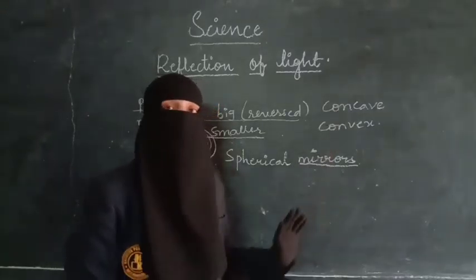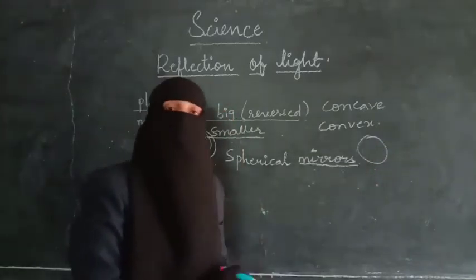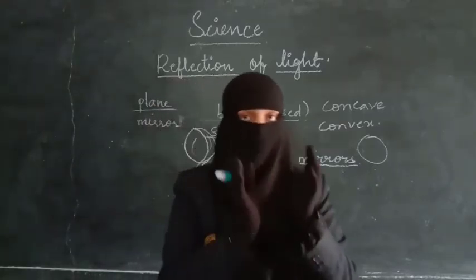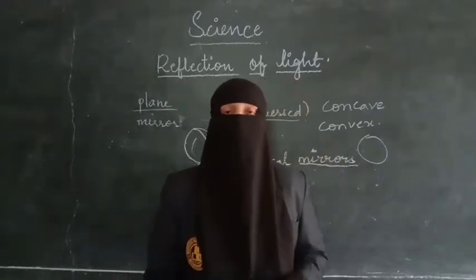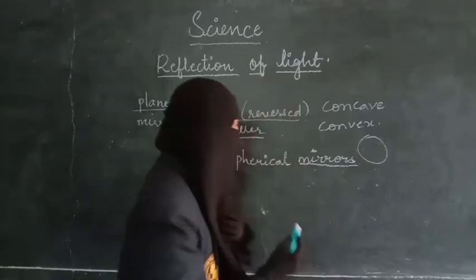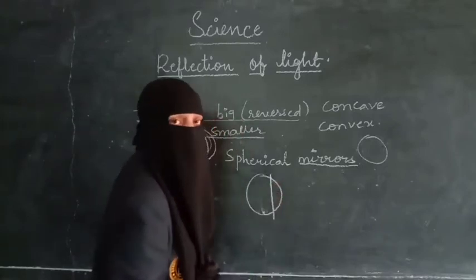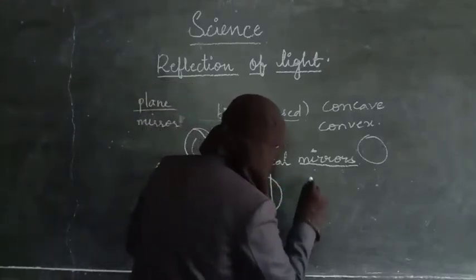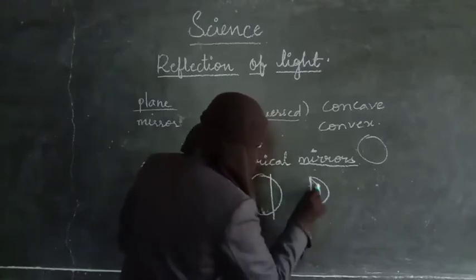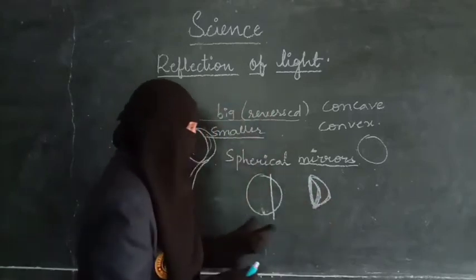So concave and convex are both parts of a sphere, right? If you see here, both are parts of a sphere. Now I will explain how these are parts of a sphere. To do this activity, you have to take a small ball which you play with, not the red one, the other balls. So you have to cut the ball. Take one ball and, with the help of a knife, cut a piece of the ball. When you cut the piece, you get a piece like this. So this is nothing but the sphere.